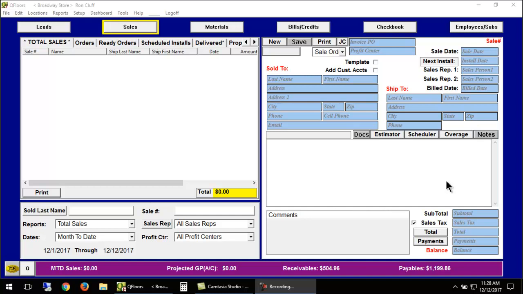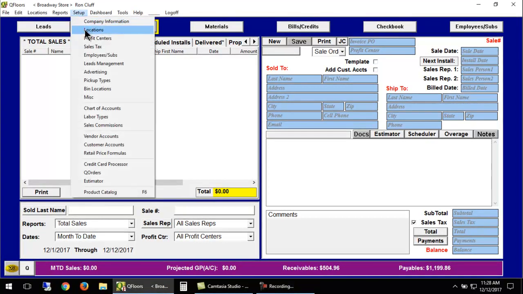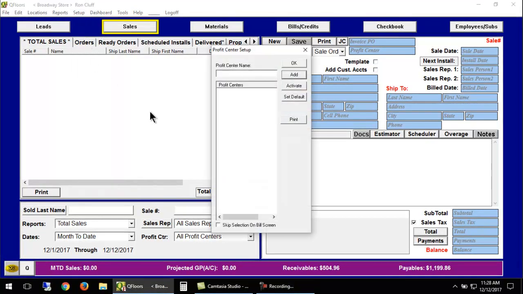Profit centers are broad general business segments for which you want to track profitability. You'll click Setup, Profit Centers. You'll click in the field at the top and type in the name of one of these centers, these areas of your business for which you want to track your profit,